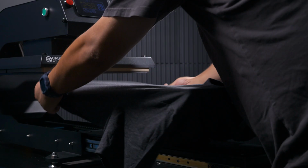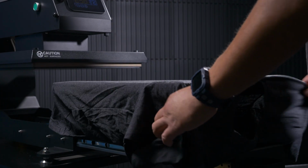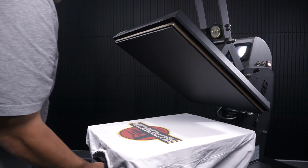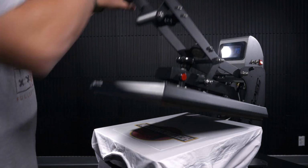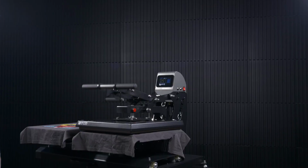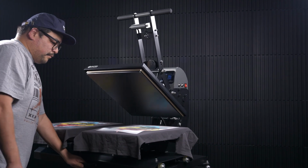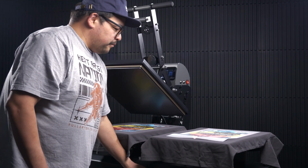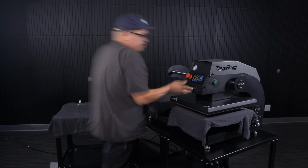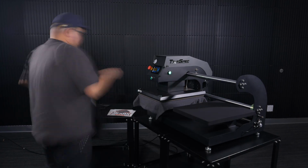TrueSpec single-station models are true workhorses, perfect for almost any professional heat press setting. But if you're working with high volume and tight margins, you'll want maximum output from your press operator. And that's why TrueSpec hybrid and pneumatic opening machines are also available in double-station configurations. The hybrid double-station press has a sliding lower base. The pneumatic double-station press has a sliding upper heating element and control panel with automatic station switching at the touch